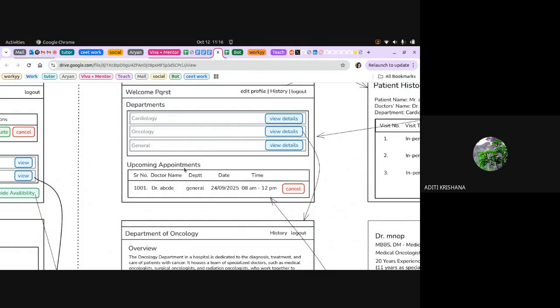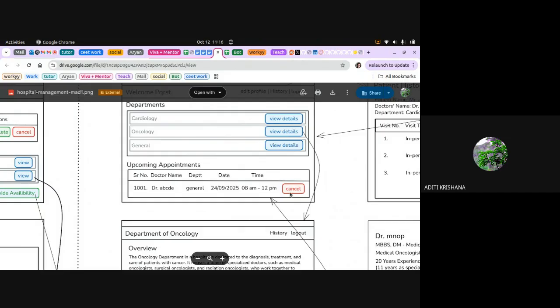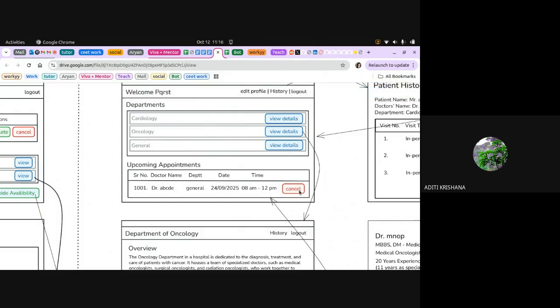So I think till this point everyone can complete it. Okay, that till upcoming appointments. So there will be a cancel button. See, the name only changes. What will the cancel button be doing? It will be just telling, in a similar way that we do block or unblock.